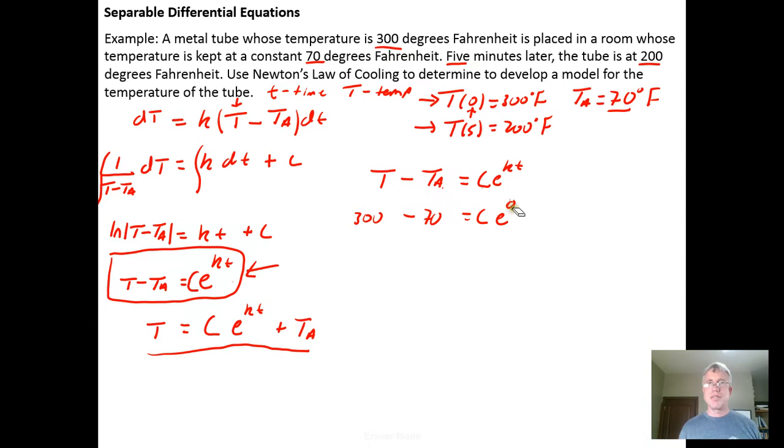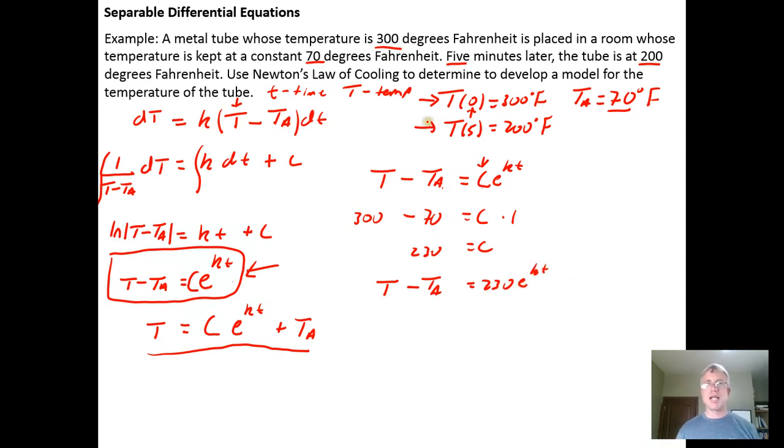e to the 0 is 1, so we just get that the constant is going to be the difference between the initial temperature and the ambient temperature. So we get 300 minus 70 is 230 equals that constant. And then we can step back up. Once we've solved for this, we can update the model with that value. So we have T minus T sub a, the ambient temperature, equaling 230 e to the k times t, and